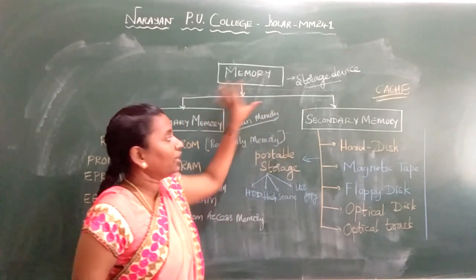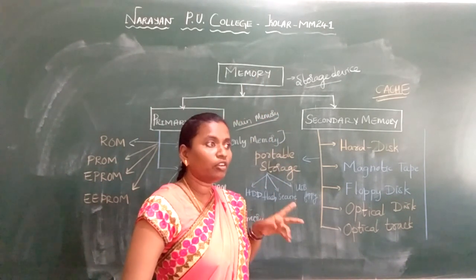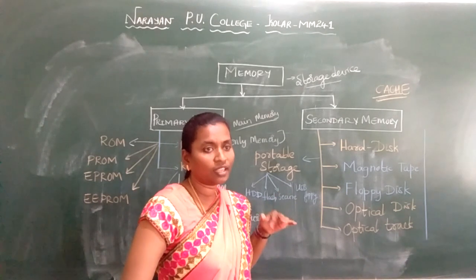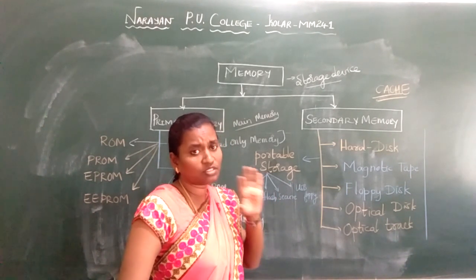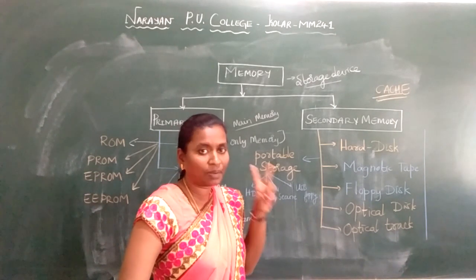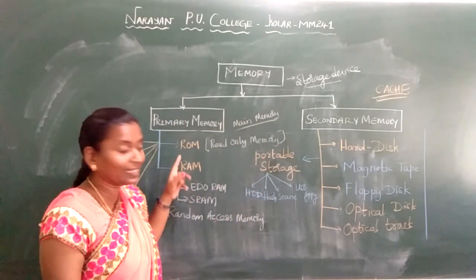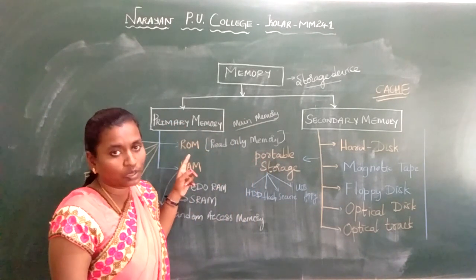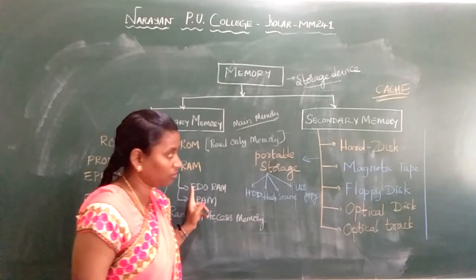You should know what memory we have, so that you do not get confused. If I talk about RAM and ROM, you might think RAM is primary and ROM is secondary. I got feedback from the students that this is wrong. When I talk about memory, there are only two categories, primary and secondary. RAM and ROM both fall under primary only, but here it is volatile and non-volatile, and we have different types of ROMs and different types of RAMs.